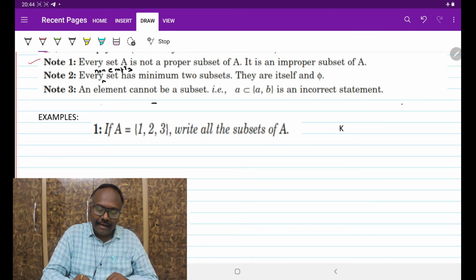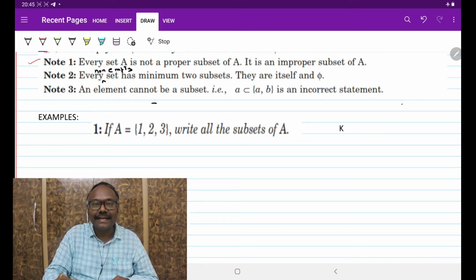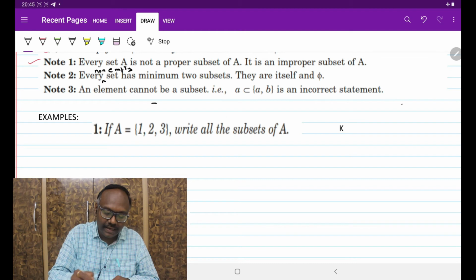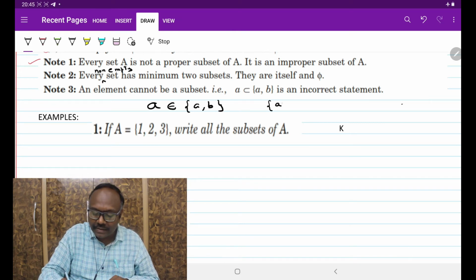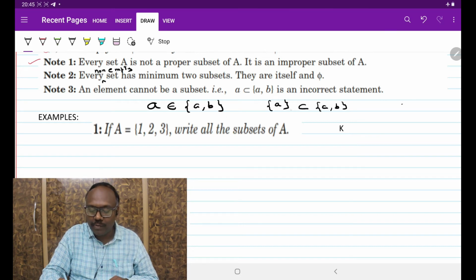Then an element cannot be a subset, that is, A is a subset of {A, B} is an incorrect statement. So the correct symbol should be A belongs to {A, B}, and also suppose we write {A}, which is a subset of {A, B}. So this is how we are supposed to write. If you want to write subset of {A, B}, A must be written in braces, then we can consider this to be a subset. So this is a correct statement,